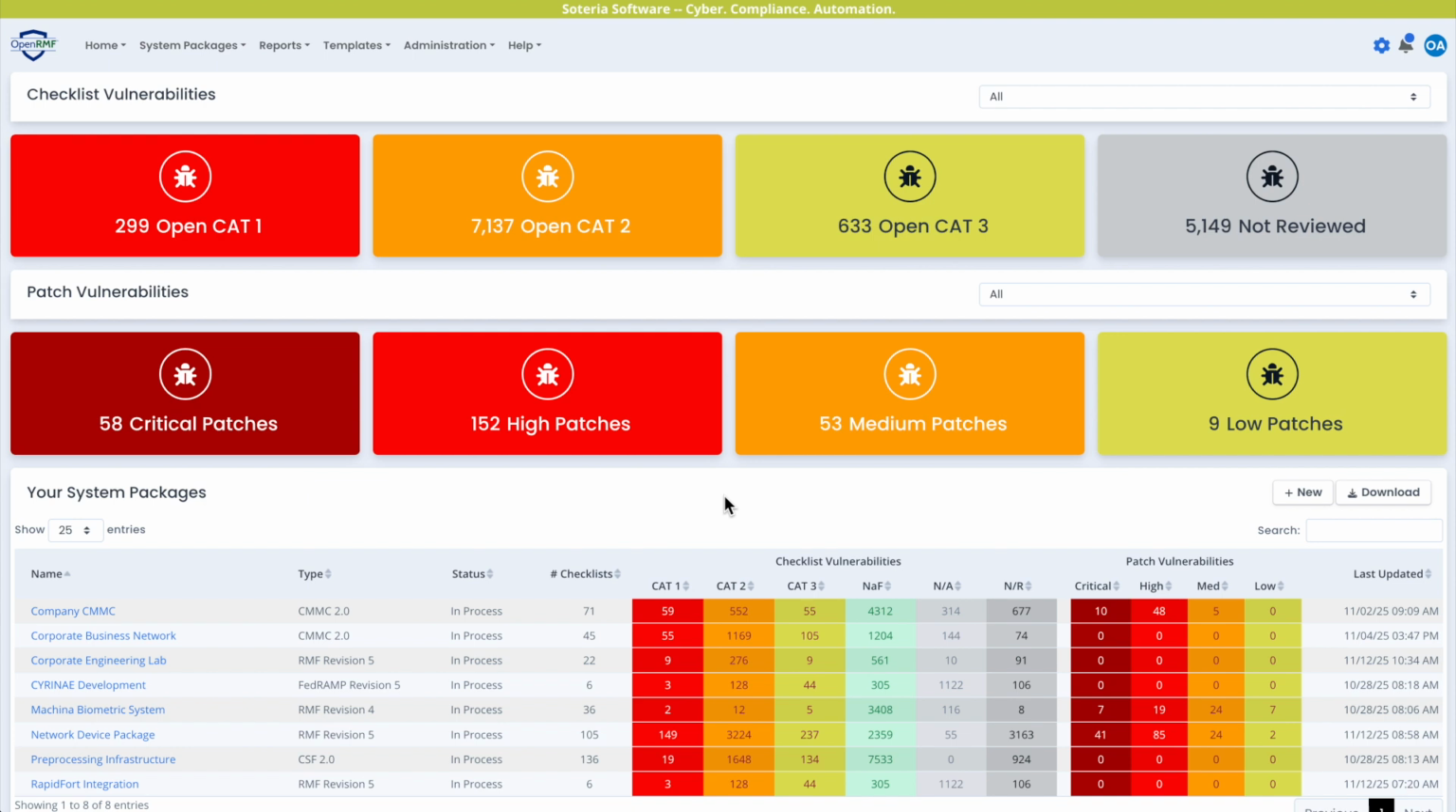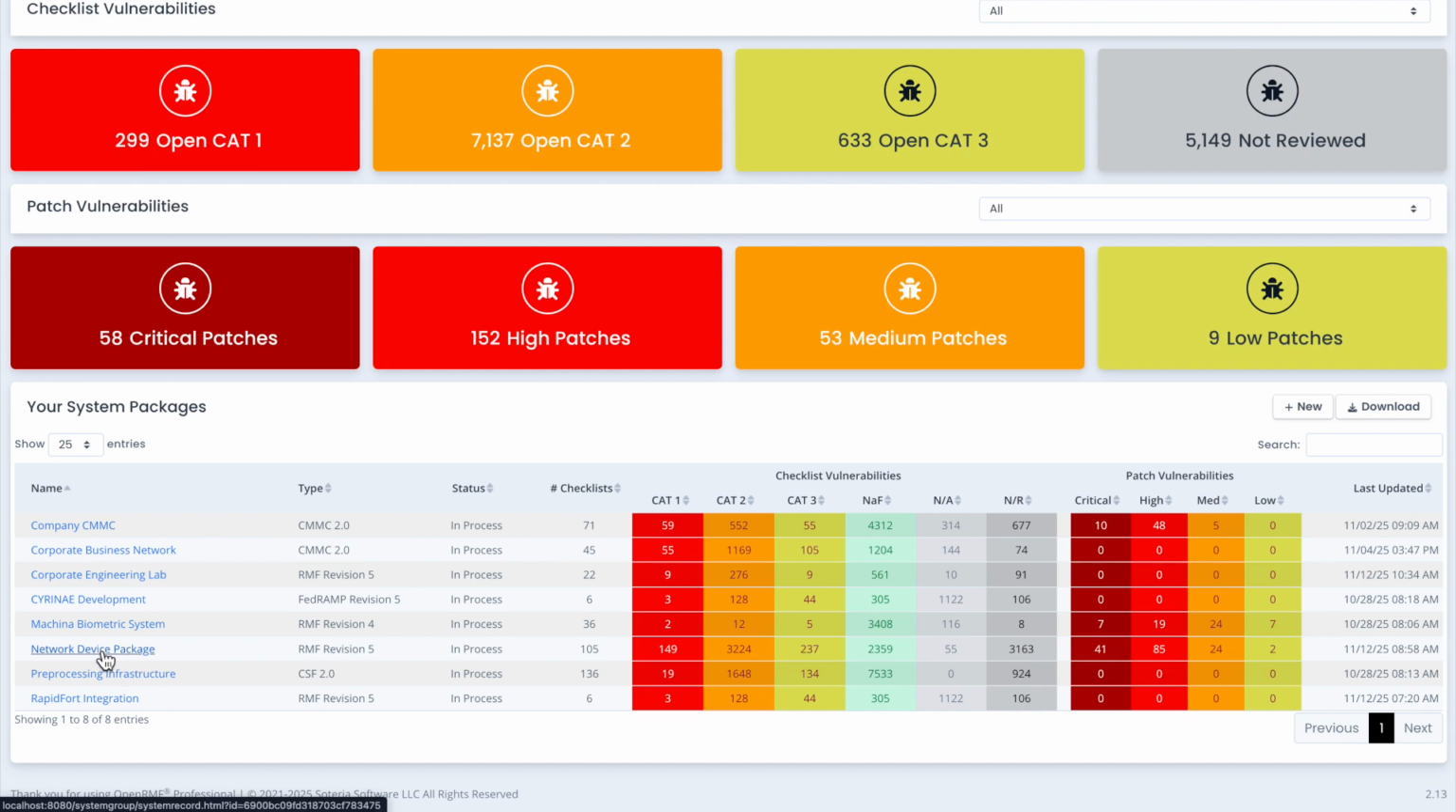Professional can help you track all of your checklists across your different system packages. Did you know that you can use those checklists as a template and a boilerplate for similar checklists in the future? Let's show you how. If I go into one of my system packages